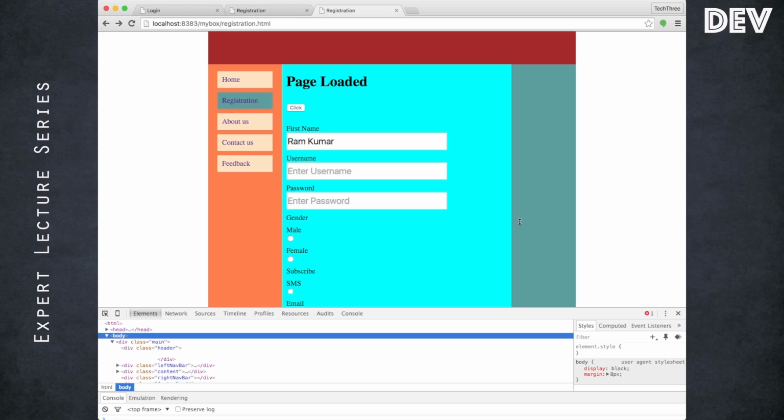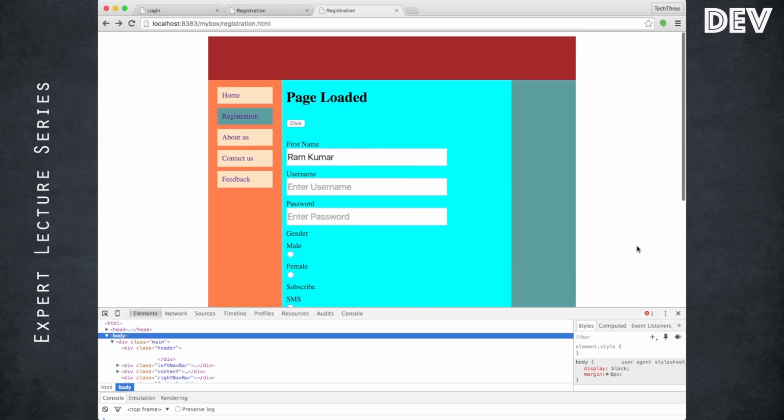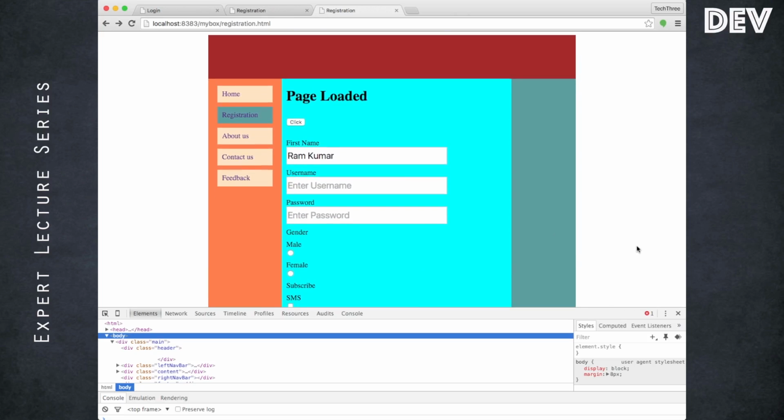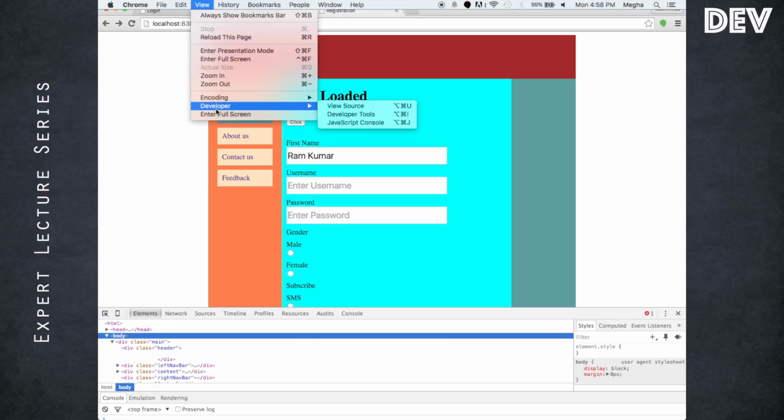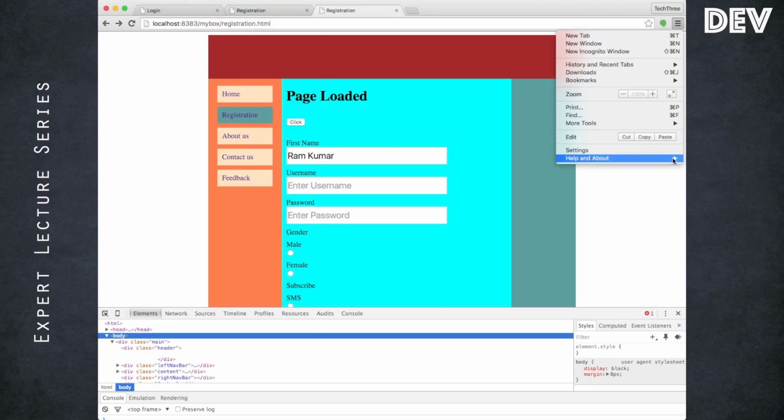Okay, so this is the time to use this particular console, what you call the developer tool, which your Chrome gives. It can be accessed under view. There is a developer JavaScript console you can use, or maybe through this way also you can access. No, it's not there.